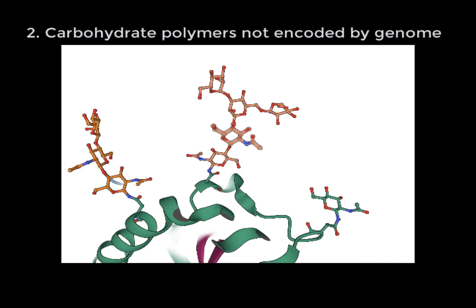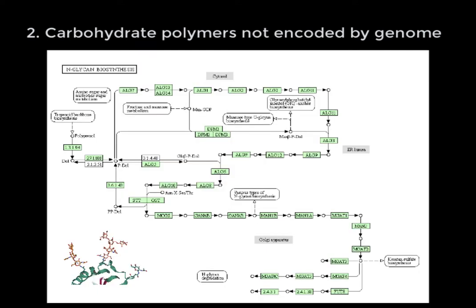Unlike DNA, RNA, and proteins, carbohydrate polymers are not encoded by the genome. The specific order for linking different monosaccharides is determined by a series of enzyme reactions that act in concert. For example, the process of N-linked glycosylation, adding saccharides to specific asparagine residues to form a glycoprotein, begins in the